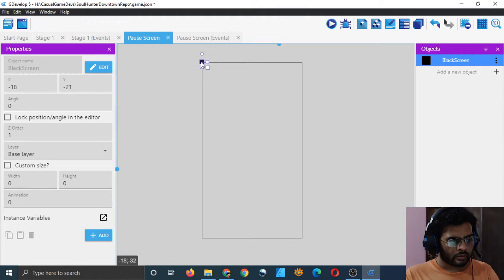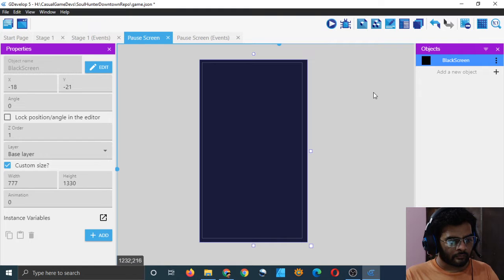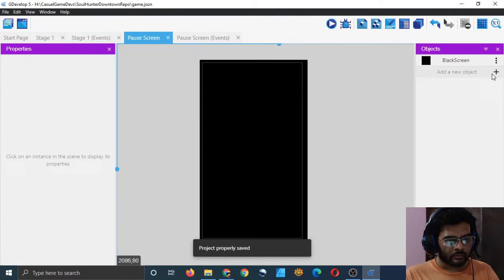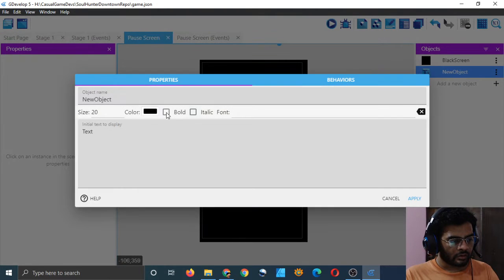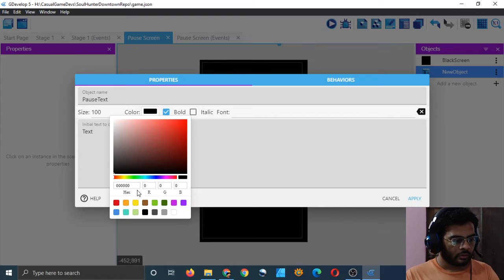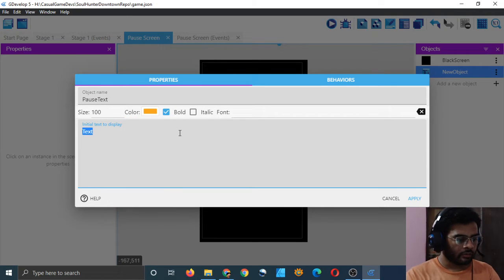And just bring it there and drag across. There it is, and add some text which says pause text, 100, bold, and this color, and choose game paused, or just do it like game pause.